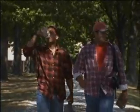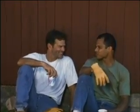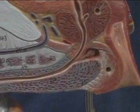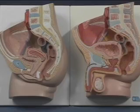Prostate cancer is the third leading neoplastic disease in men, following lung cancer and cancer of the large intestine. Because it completely surrounds the urethra, enlargement of the prostate causes compression, which can affect the urinary bladder and urine flow. The urethra itself is much longer in males than in females because it courses the whole length of the